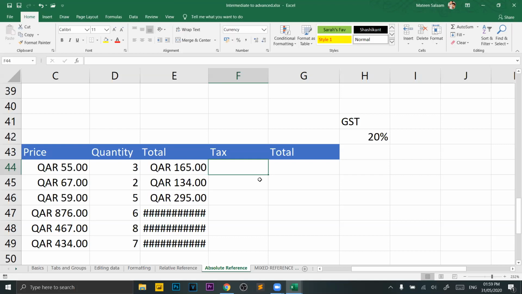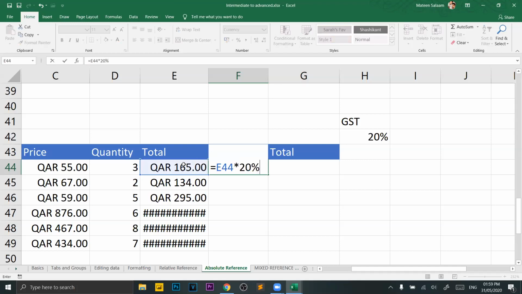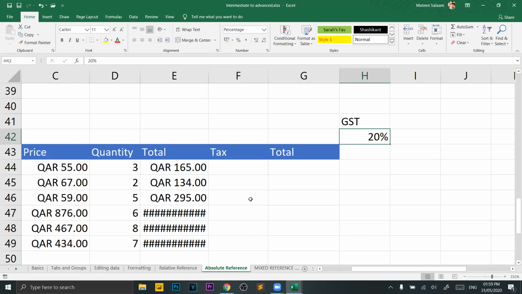I can rather go with this multiplied by 20%, but this is not sophisticated, nor is it professional, because your formula should not depend on the cells themselves, but rather on a reference. What do I mean by that? When I change a certain value, I don't need to change the same thing all over again in multiple cells. I should give them a reference so that if I change one specific cell, all related cells